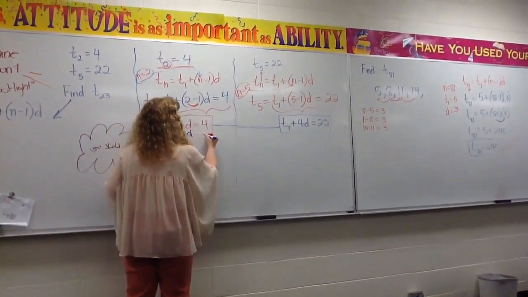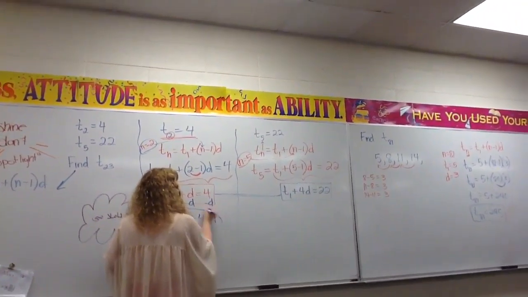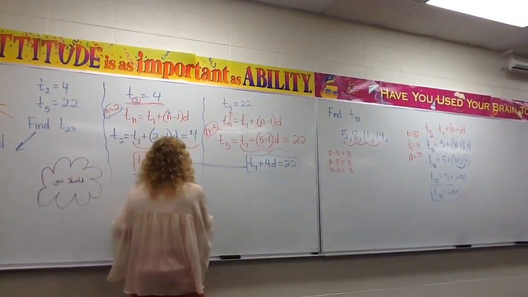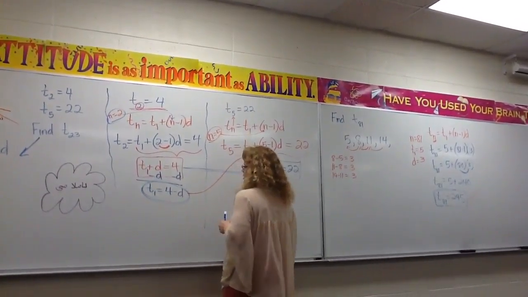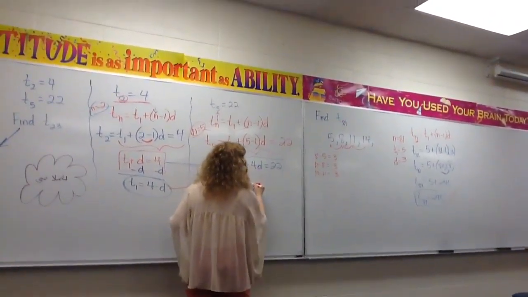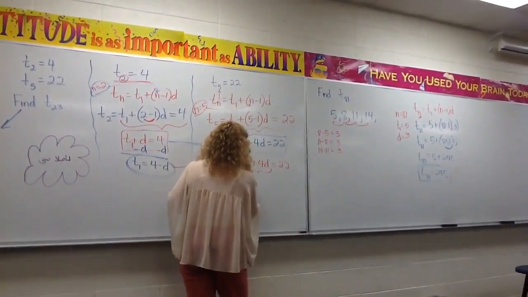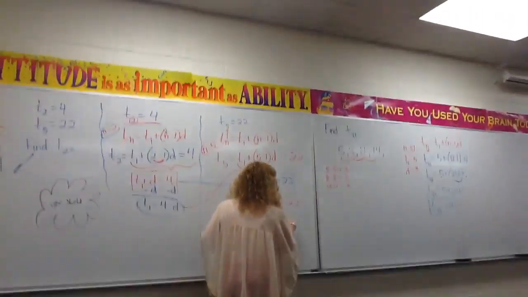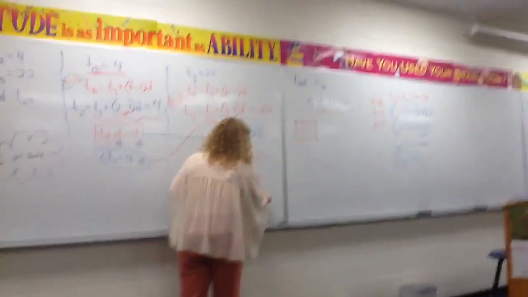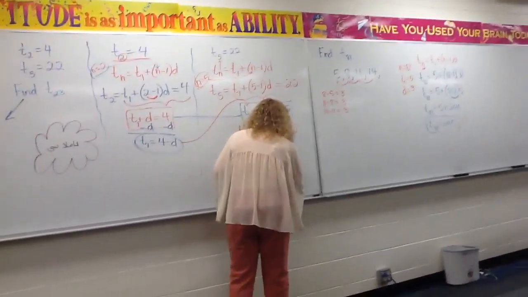So I have to minus D and minus D, and I get T1 equals 4, take away D. What will I do with that? Right? Plug it in the other equation for T1. So right there, what is T1? It's 4 take away D. There's my T1, and then the rest of it, like that, like terms. Like that, right? And I get 3D equals, right. So I have D equals 6, which is part of what I need,